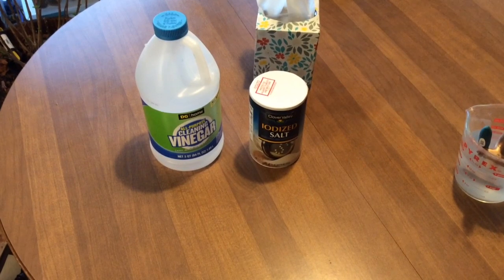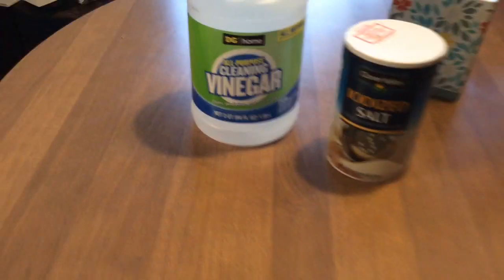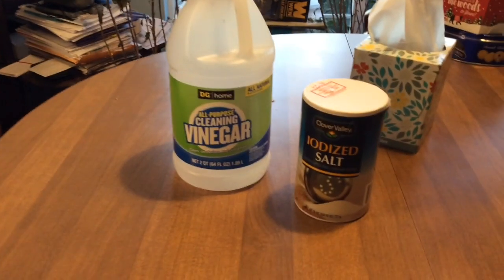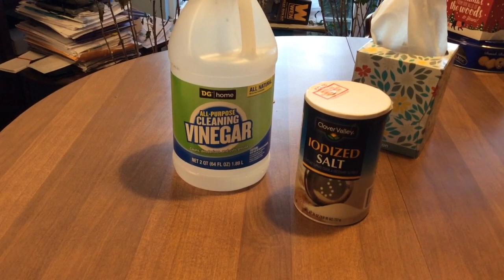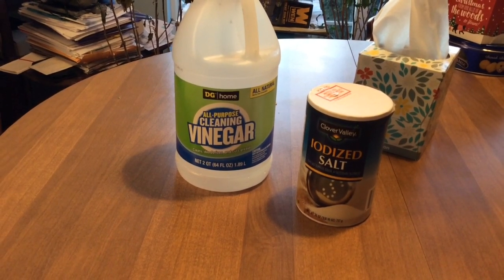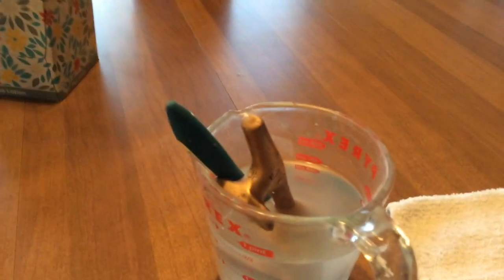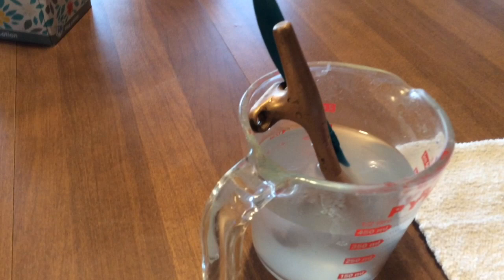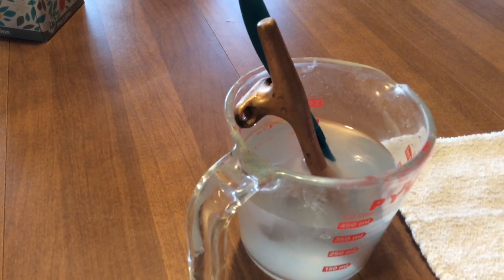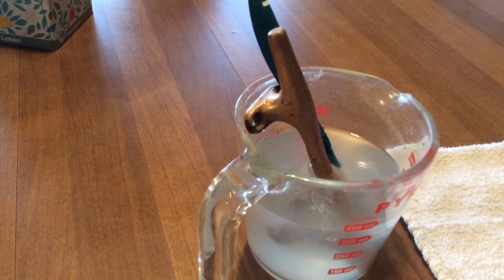I guess I'm not happy not being a perfectionist. I figured if I'm going to put this cleat on here, I ought to do it right and just get it as clean as I can. So I looked at some video on YouTube, and apparently vinegar and salt, that's the answer. So I've mixed it up in this measuring cup, and I put in enough salt to where I didn't think I could dissolve any more. So I don't know if that's right or not, but